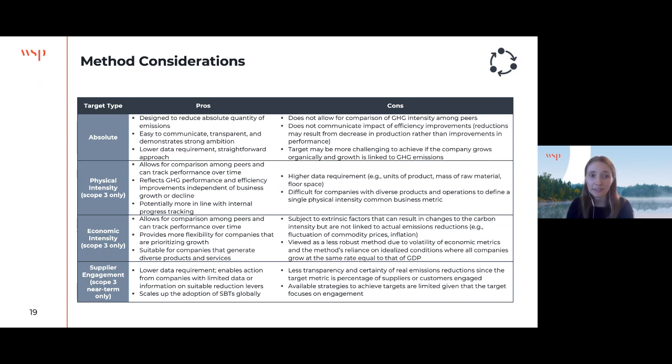Supplier engagement targets can be applied for Scope 3 near-term targets only, and these are positive targets because they require less data, and it can allow companies with limited data or information on suitable Scope 3 reduction levers to take action this way. Also, it helps to scale up science-based targets globally, which is ultimately the goal of the